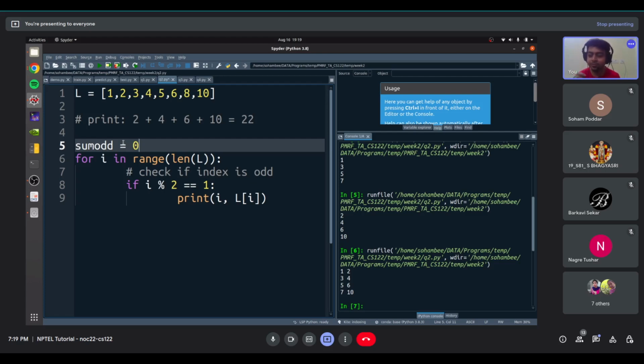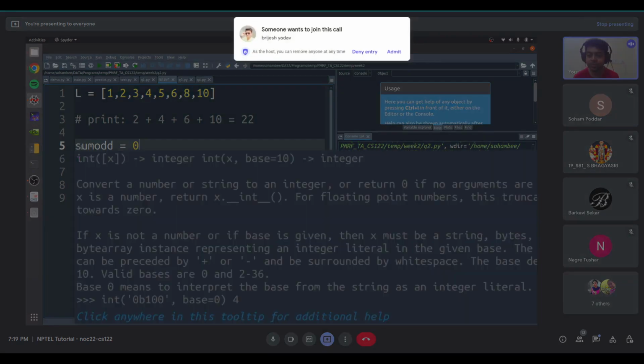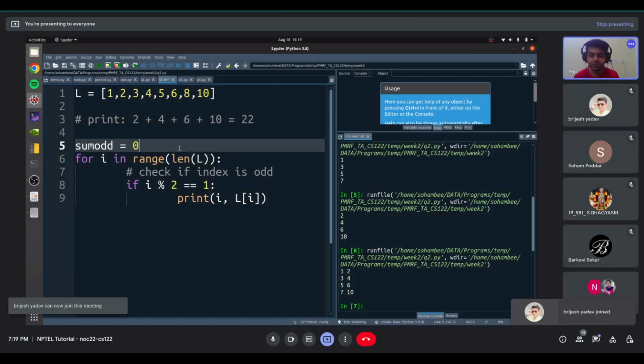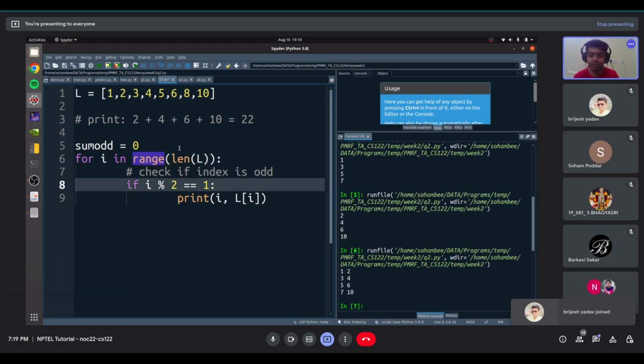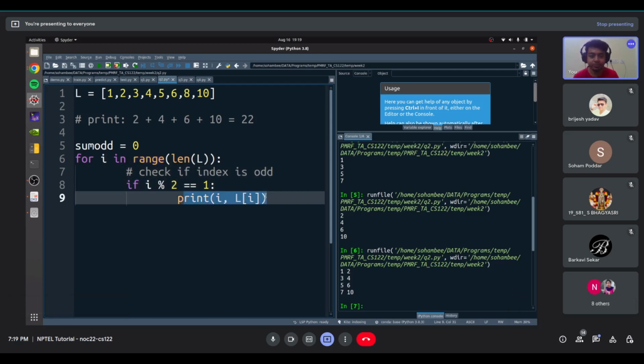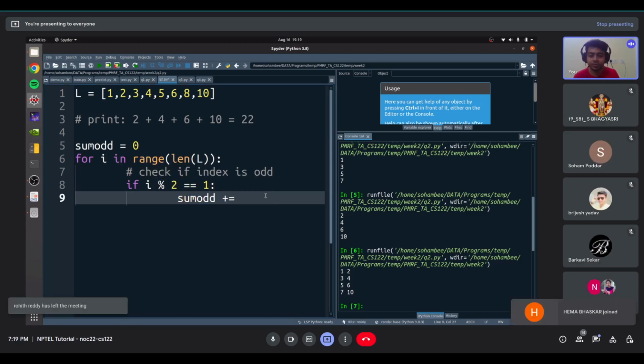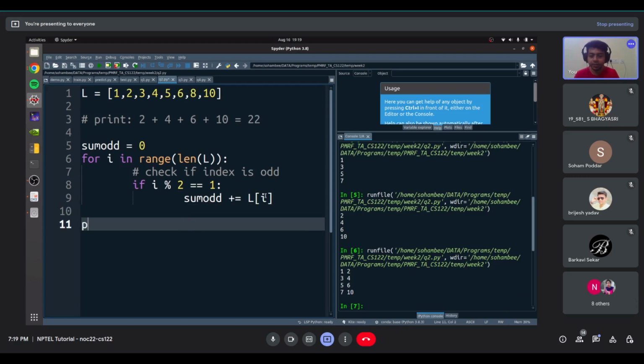Okay, sum_odd, so this is a proper name. We want to store the sum of the numbers in odd positions. So everything else remains the same. Instead of print, we'll just do sum_odd plus equals li. So instead of printing the number, we are just adding it to this variable, and then at the end we have to just do print